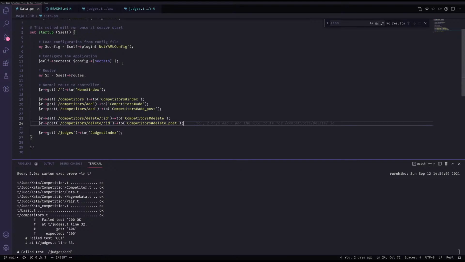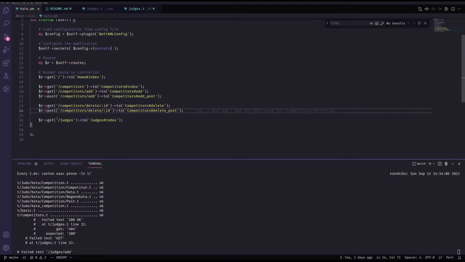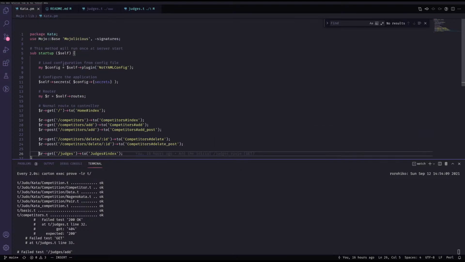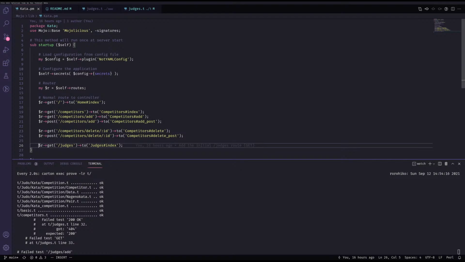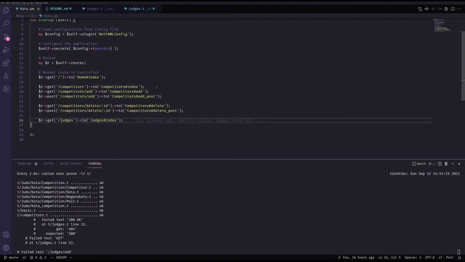If I jump across here, these are all the routes in my Kata.pm. See, I have this, the Mojo way of doing it. So this is taken straight from the generated stuff. So this isn't really me. So ignore all of this, but get down to here. So yep, this is it, just getting the routes off the app. And then this is me adding a route. So the way this works is that routes, get slash goes to the home controller, and this is the method index. So what we want to do is down here,